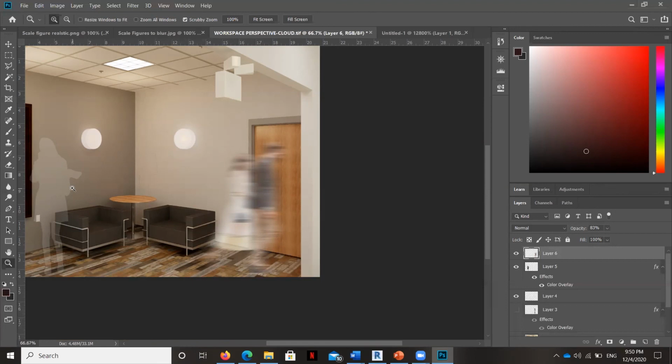But the key to rendering, whether it's the view to the outside or the scale figures inside, is for both of those things not to take away from all the work that you've done on the rendering itself, and to make sure that the scale figures add what they're supposed to, which is a sense of the size of the space and then making it feel full of life.